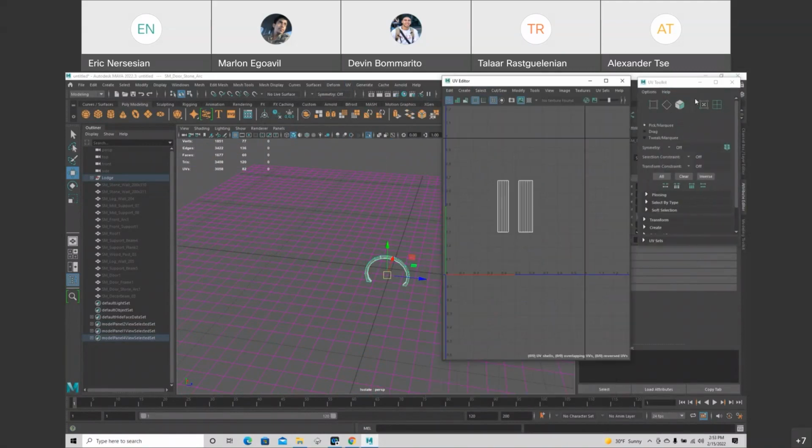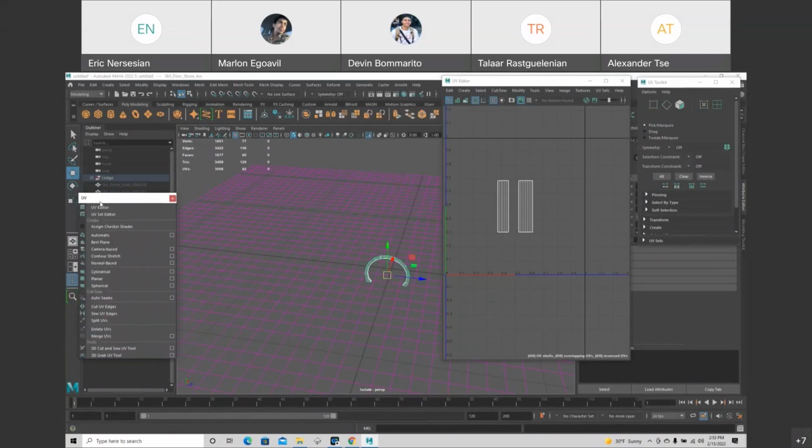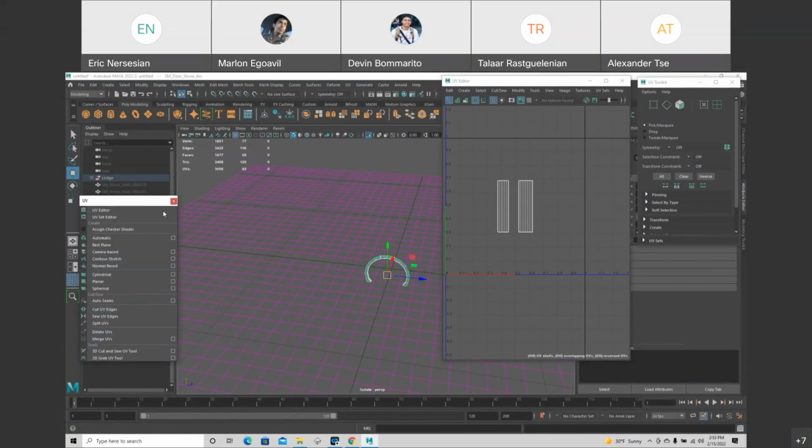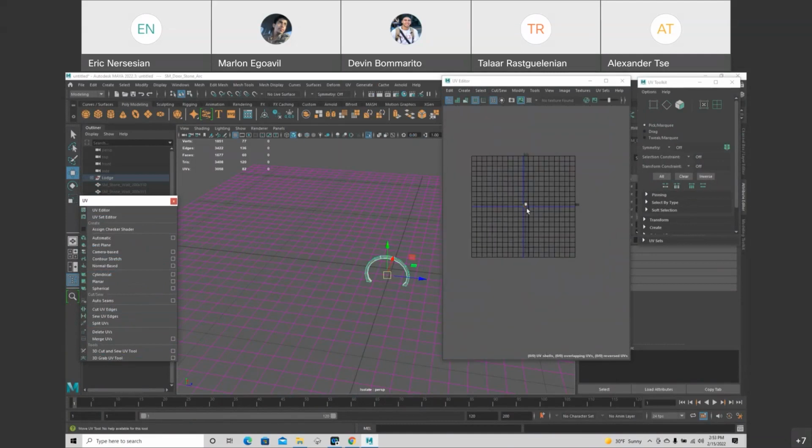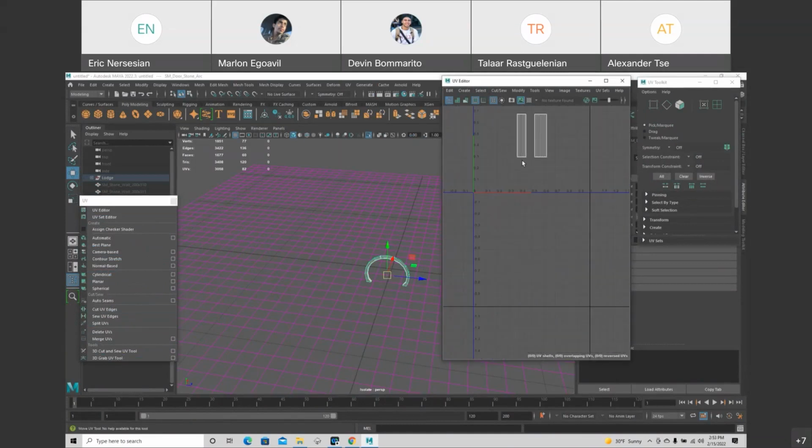All right, I got my UV editor, got my UV toolkit. I'll pop this thing off, just move it over here and say, this is my UV tools, or my main projection, my main tool sets. Here's a toolkit with more smaller tools to work with. And here's my UV space. So see, it repeats out and out and out. We're only really interested in this little square here. This is 0 to 1, 0 to 1. I want all my UVs laid out into here, and it's not going to look the way Chris did.